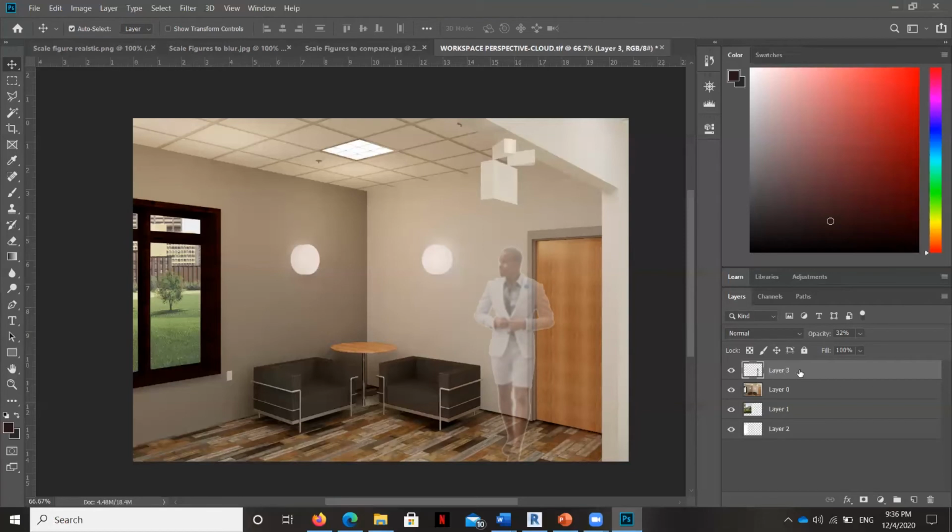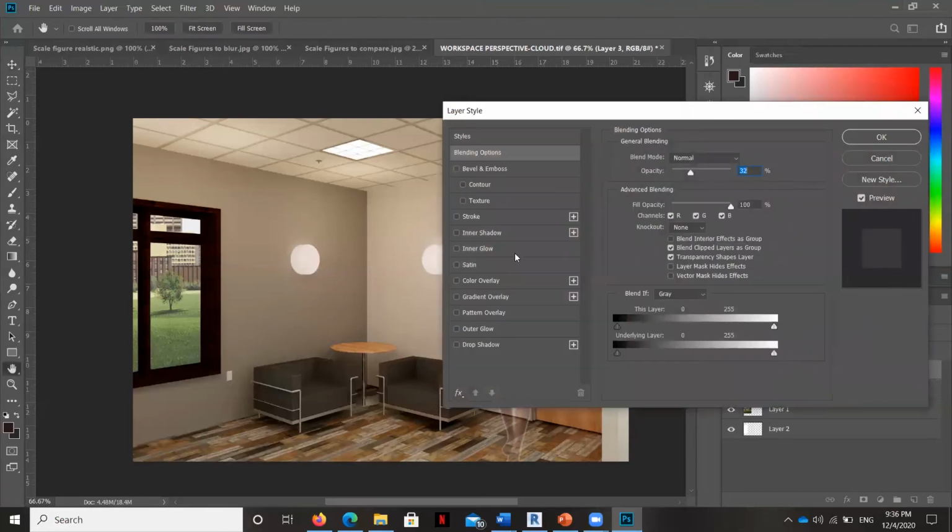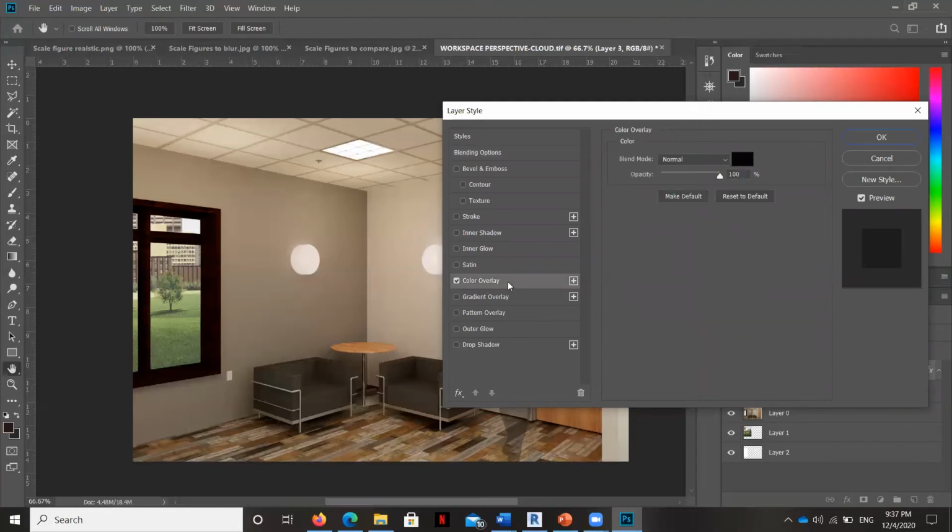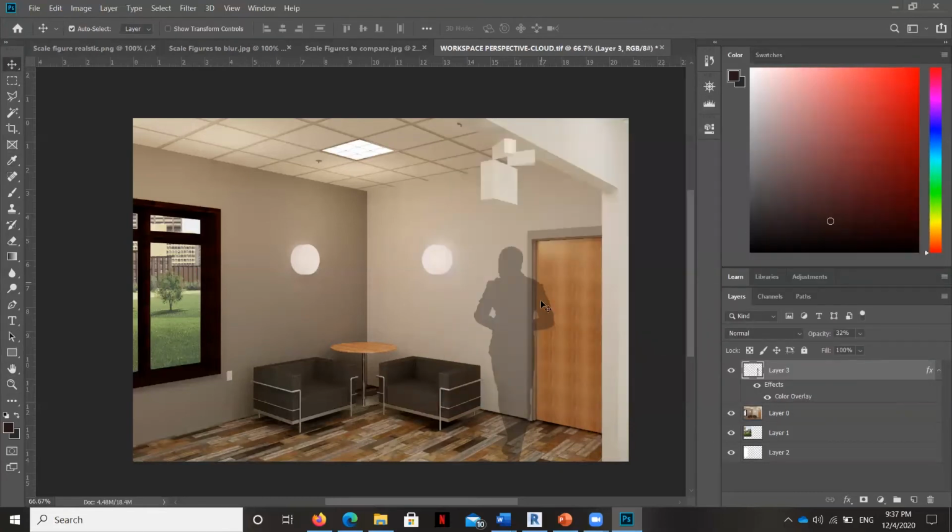Then the next thing you can do is double click on this layer and go ahead and select this button where it says color overlay. Now we're going to add that color overlay on top of him, and then right now it's set to black. Okay, so look at what happens. Okay, so now he is set into a black overlay, and the reason why he looks gray is because of his opacity.